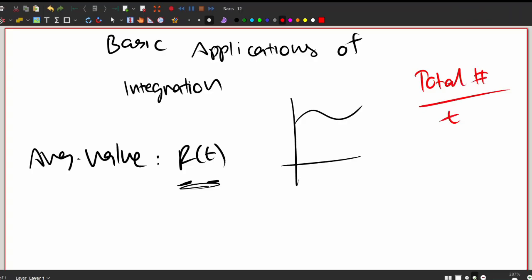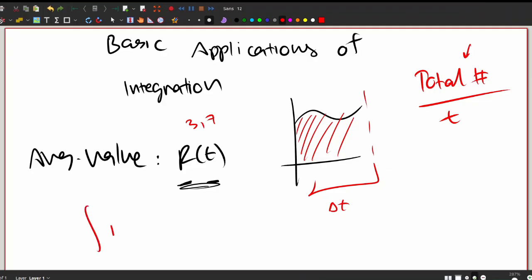The way we find the total number of products with the rate function, well, it would be the area under the curve. So it would be the integral. And then the total time is simply the difference in t. So if I wanted to find the average value from, say, 3 to 7, it would firstly be the integral of r of t